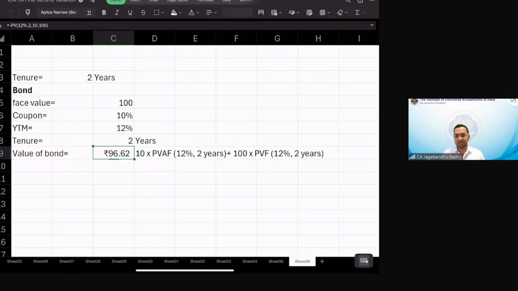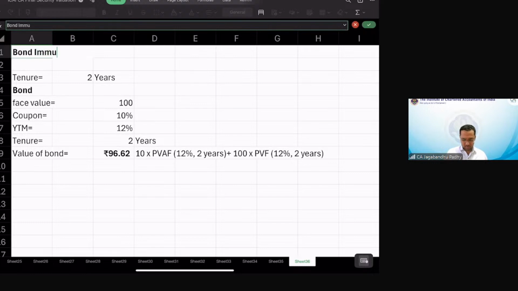Is it 96.62? Please check. Are we getting the value of the bond to be 96.62? Are we getting the bond value as 96.62, everyone? Yes? Okay. Now let's try to understand this immunization concept